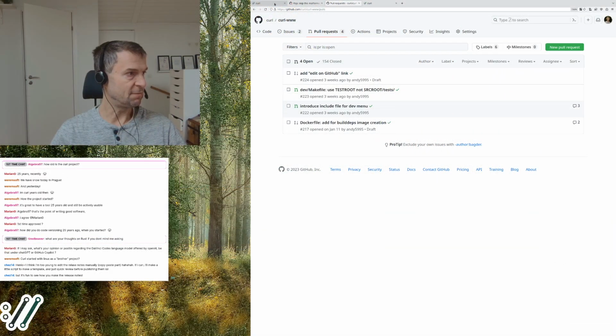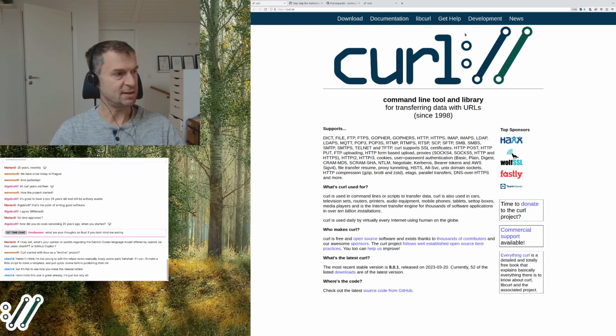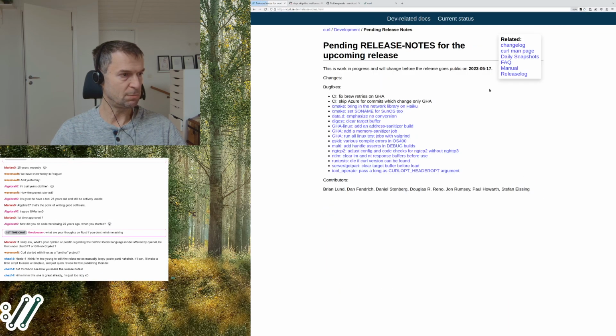So if I go to the website, and if maybe I check the one that is actually live and not my local, I can go to, for example, the release notes, and this is the web version. This is the older version, the previous version on the web. Then if I reload it, well, it hasn't been updated yet, so it's still the old one on the website. But in a few minutes, an hour, this will have updated to the latest one, right? And as you can see, all of these changelog items are then proper links. So if you actually want to... wait a minute, what do you mean with setting SO name for SunOS?